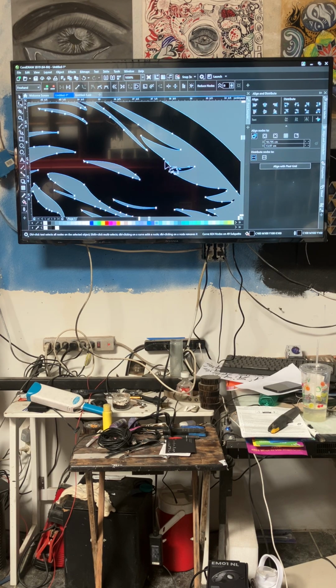And just to make it look a little bit more aggressive, I'm trying to point out these little hairs